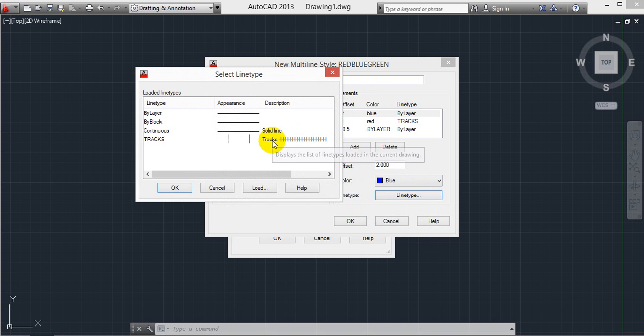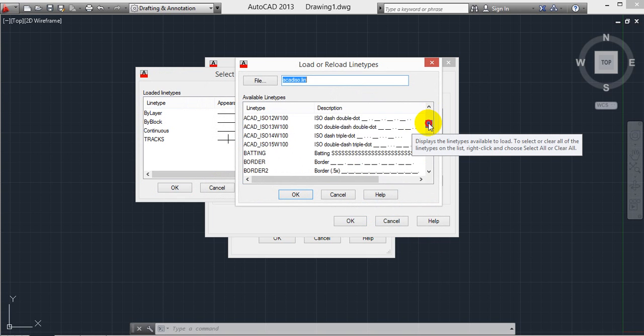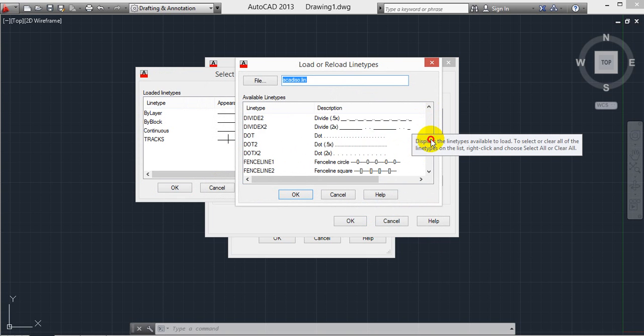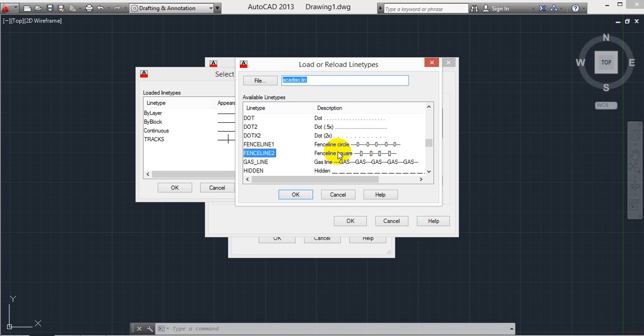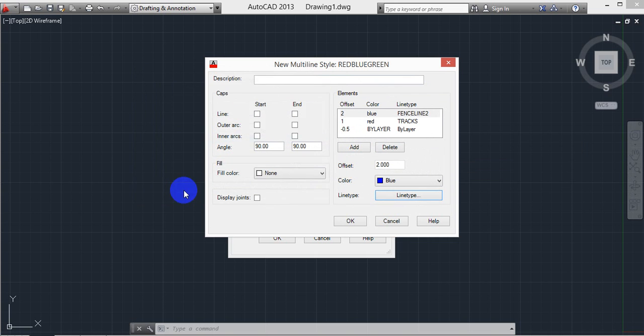Already we have Tracks, I am changing this Tracks into another line type. Go down and select another line type. So I'm selecting here Fence Line Square. Again select Fence Line Square, again OK. Second one completed. Okay, third one.